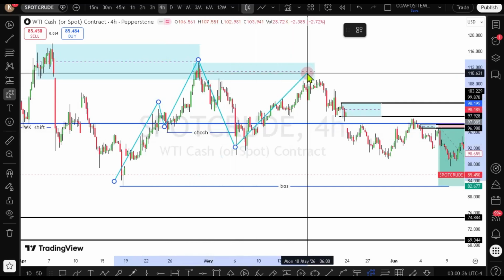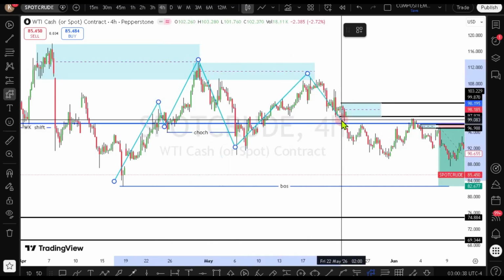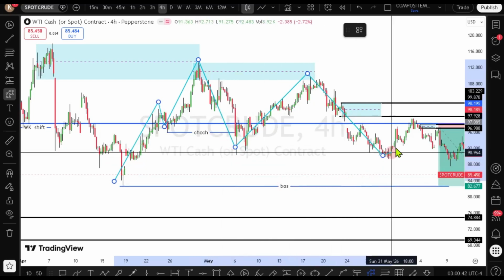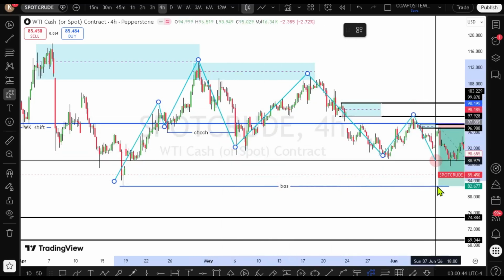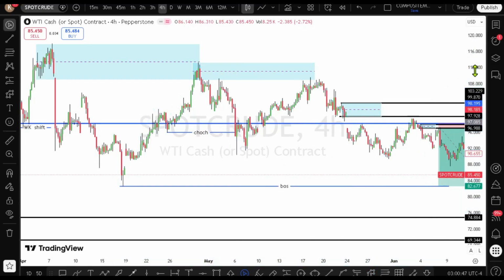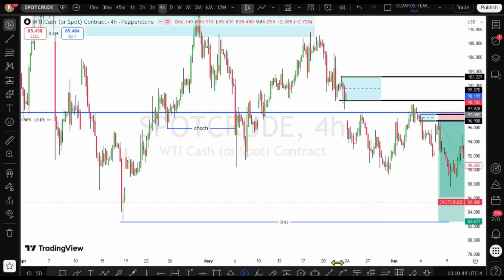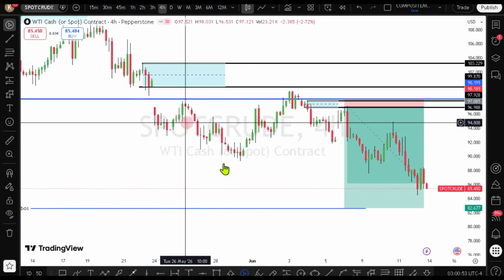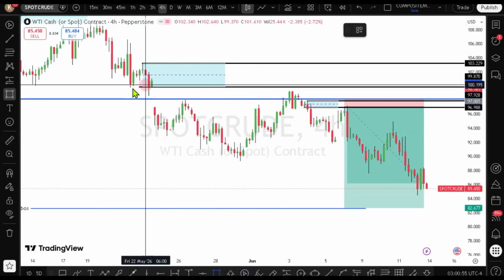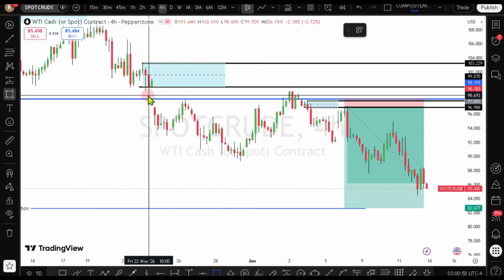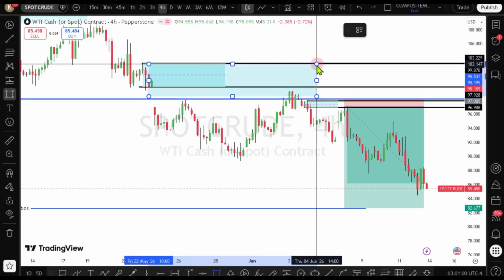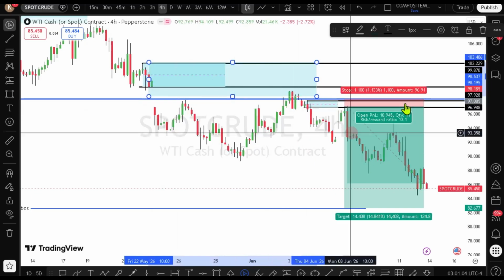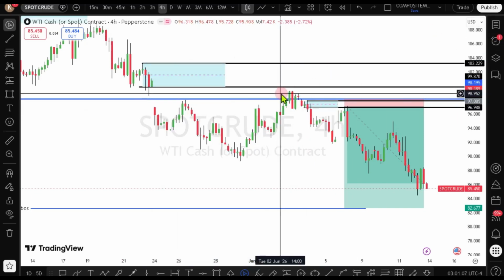You see, now it left a new supply here, but you can see it went low and took out this internal structure here. The price went back to that extreme supply and now started pushing lower. So when the market was going lower, you see here we had an institutional gap. Price went in and just happened to fill the gap because the gap started from this candle. I mean, the supply. You see, price went in, filling this small gap here and started pushing lower. So my catch was on this small pocket of supply